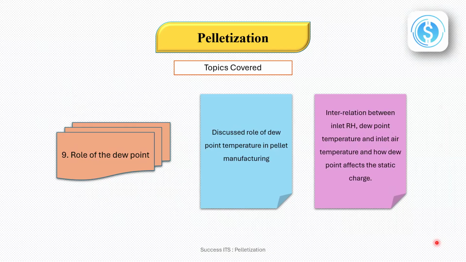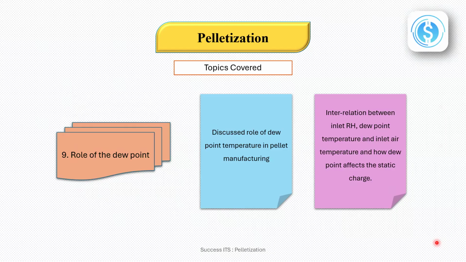In the ninth session, we will understand the role of dew point temperature in the pellet manufacturing process and why it is one of the most important environmental parameters during fluid bed processing. The dew point is the temperature at which the moisture present in the air starts to condense into water, and it indicates the amount of moisture in the inlet air and helps to determine the drying efficiency during